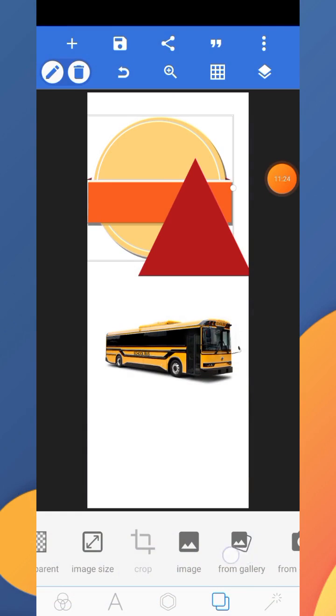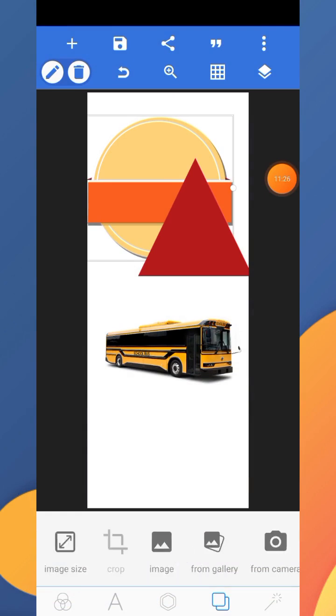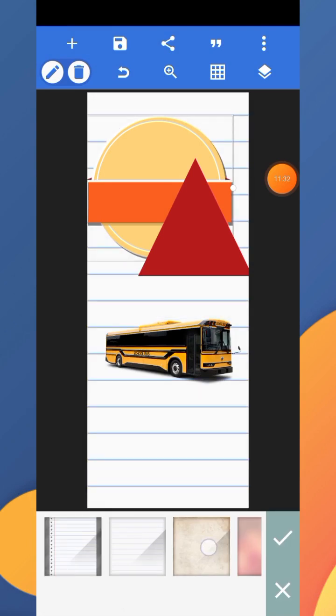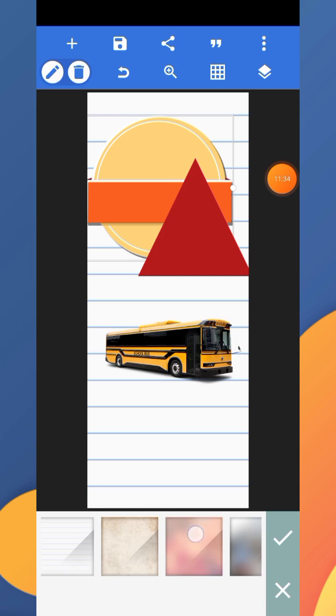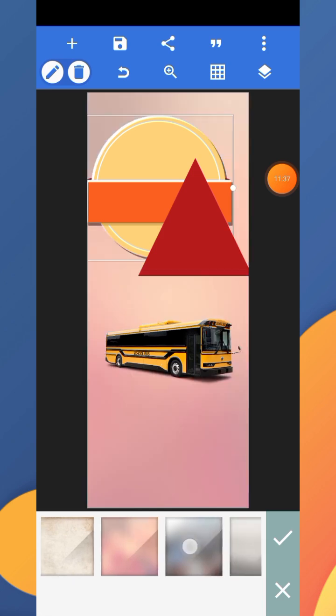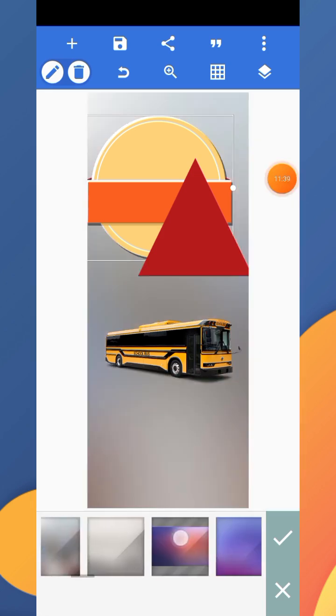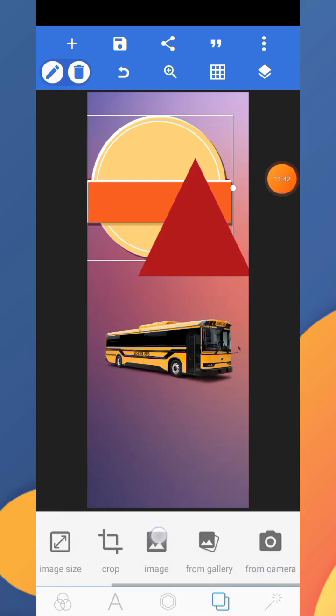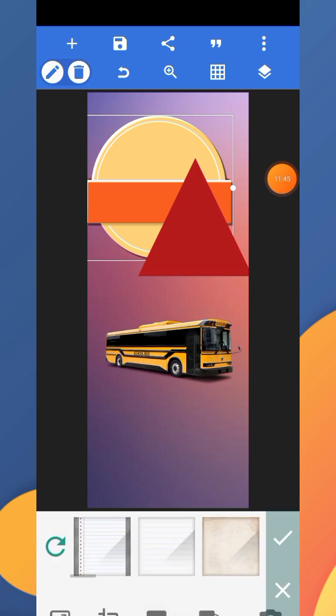The next thing I have down here is my image, and this image is used to edit the entire background. Don't forget that this panel is for the entire design, so everything that we do affects the entire design. That's why we have something like this. So you can change the background here, and if you don't want to use their preset images,